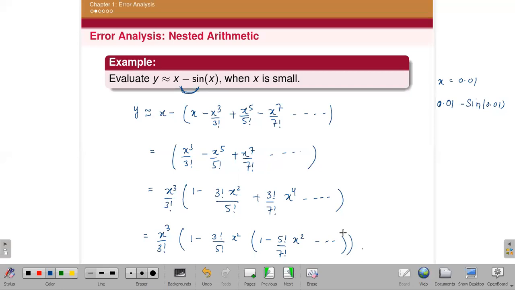So you leave it here, because x is small and a particular value is not given. If a particular value is given, then you can put that value also. But after nesting, you can leave this expression here only, since you have done its nesting. Okay, so this is the procedure of nesting. This was the first technique to get rid of the loss of significance. Now we will have another technique, that is rationalizing. By using the rationalizing technique, you can get rid of the loss of significance.